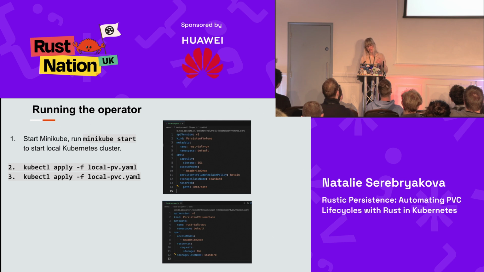I have two simple examples: the persistent volume and the persistent volume claim, the PVC. As you can see, it's the minimum spec you will need. It's all defined in documentation. There is nothing complicated. I deploy it to the default namespace, which is not a good practice, so keep that in mind, but for local use,